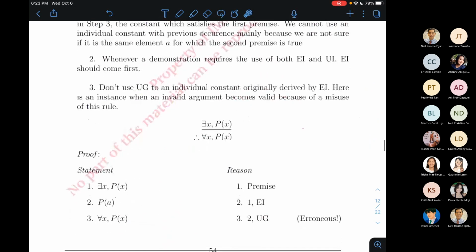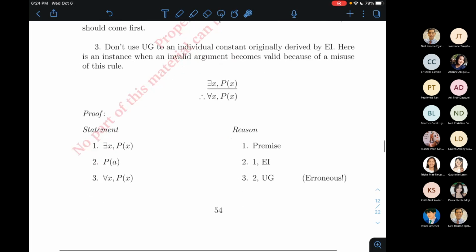Now, some common pitfall, ito. Ito ay maling paggamit ng universal generalization. So tingnan nyo dun sa proof niya. There exists an x such that p of x, that's fine. P of a, nag-EI lang siya sa 1. So here a was chosen to be specific. And the conclusion is erroneous kasi